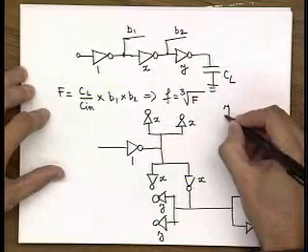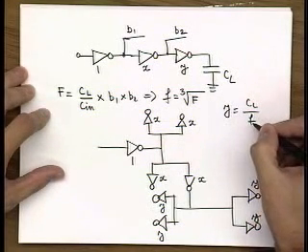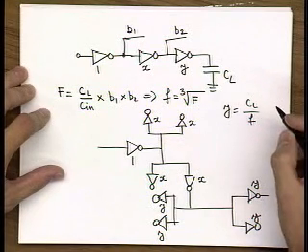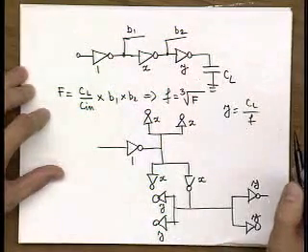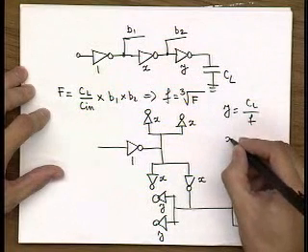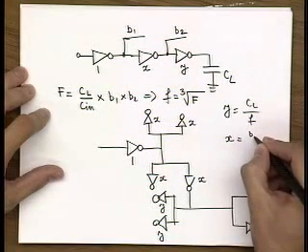So your y would be equal to CL divided by F. And then you also have this branching factor in play. So let's see, then you have x is equal to B2